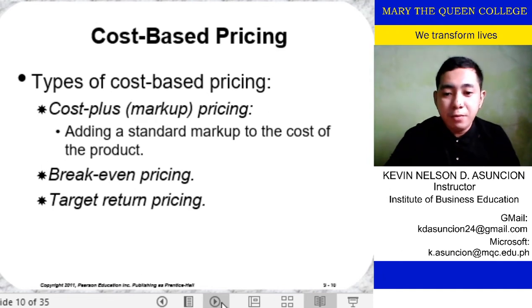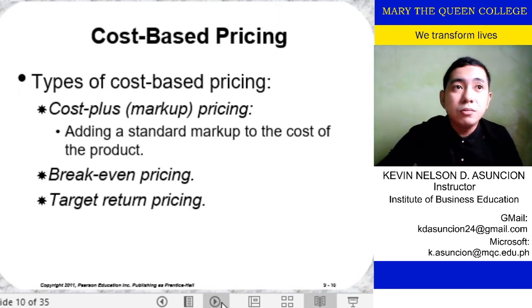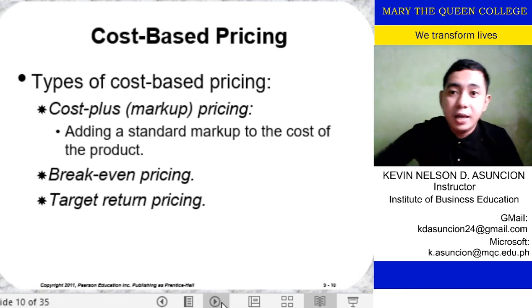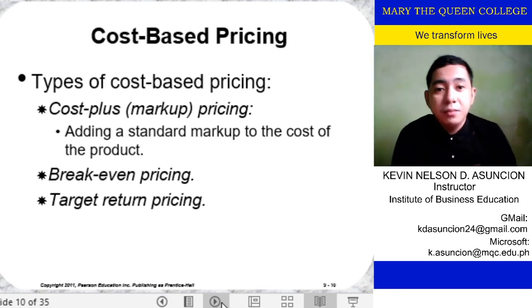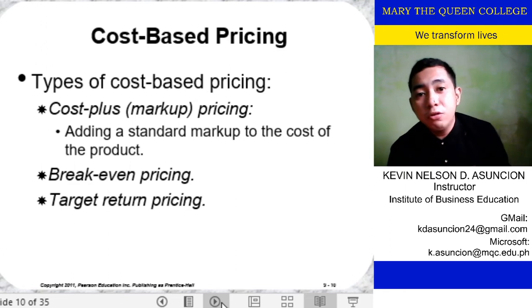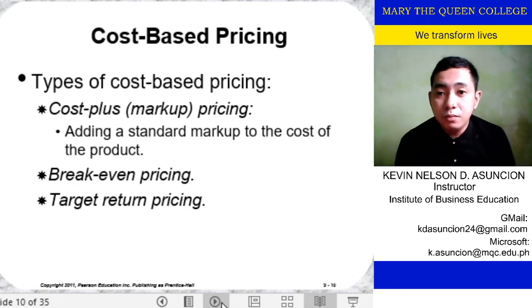The break-even pricing is you are computing yung total cost mo divided by the number of demand para may balik mo. Ibig sabihin, yung basehan ng presyo mo ay nakadepende sa kung ilan yung saktong magiging tabla yung sa ginastos mo, no? So sa pagbebenta ng produkto mo. And then we have what we call target return pricing. So ini-include mo dun sa cost mo yung